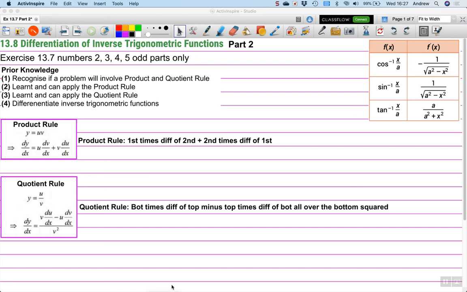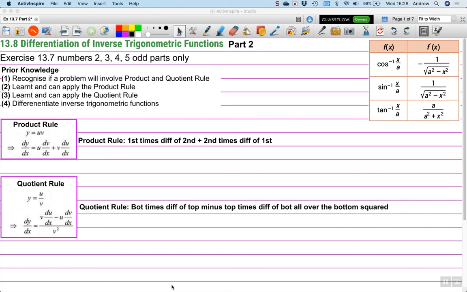Welcome to part 2, Differentiation of Inverse Trigonometric Functions. We're looking specifically at being able to tackle questions in exercise 13.7, namely questions 2, 3, 4, 5, odd parts only. Your prior knowledge: you need to be able to recognize if a problem involves the product